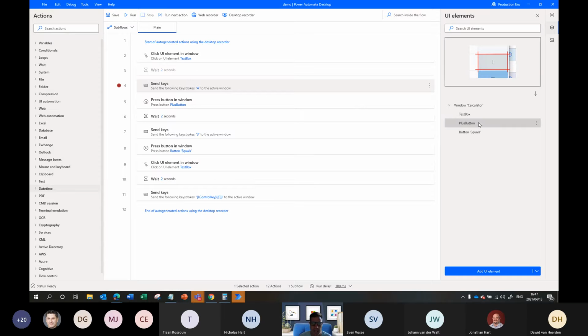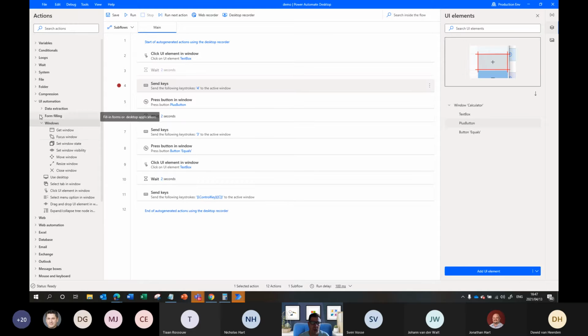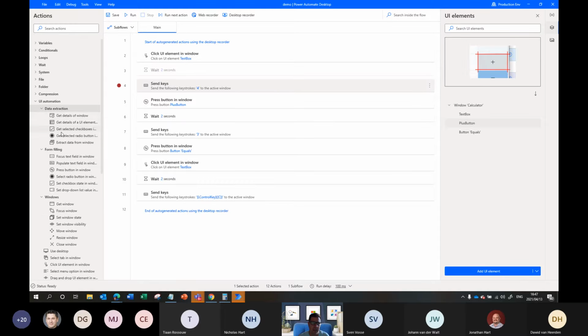And the same type of thing, I can literally come to the left-hand side here, find UI automation, and manually drag controls from the left-hand side to either get values from UI elements or post values to UI elements. Recording did this for me, so that's gone and set these things up. So I didn't have to go and drag and drop these things.